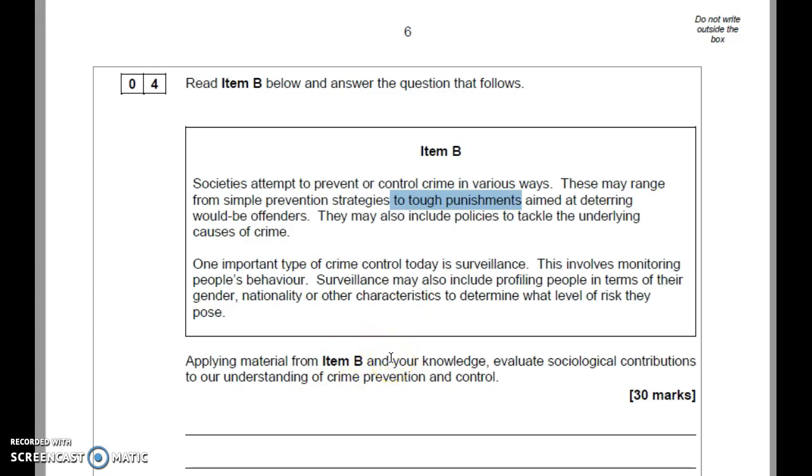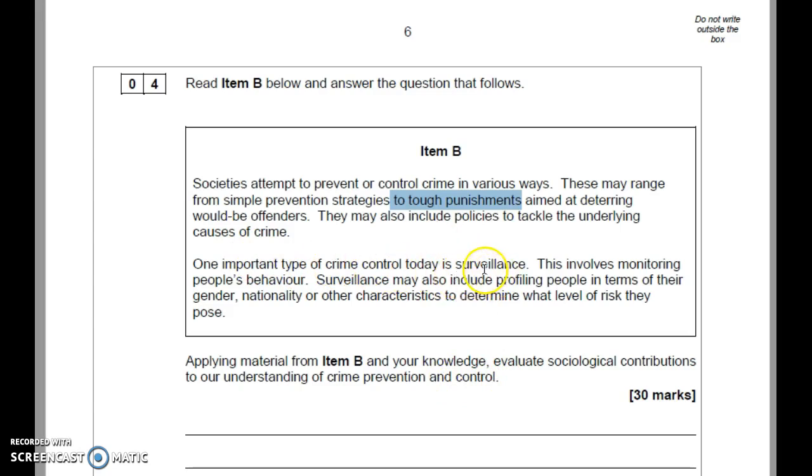You could have also mentioned environmental crime prevention as well, which is also a right realist approach, going along with Wilson and Kelling's broken windows, talking about it as a crime prevention strategy, assuming that people are rational and people are weighing up the pros and cons, so make it hard for people to rationally commit crime, make it a bit more difficult. So the most popular answers did that, and then you could talk about the crime control, and it